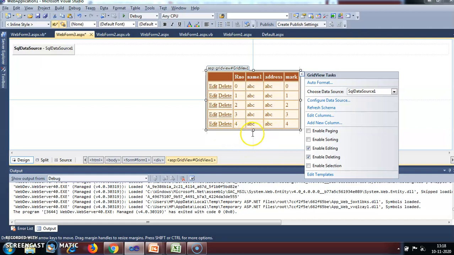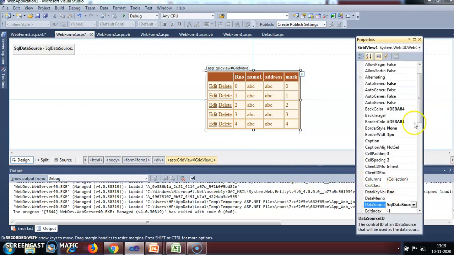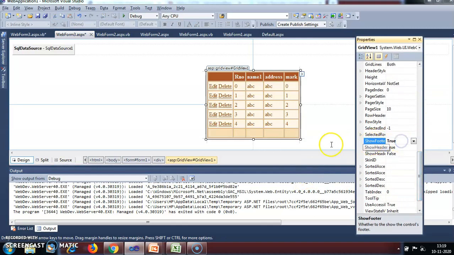For that we need a space. So what I'm going to do is add the footer here. To add the footer, go to the properties of the grid view and set the option called show footer to true. After that, if you see, the footer will be added here. But in that footer you cannot type